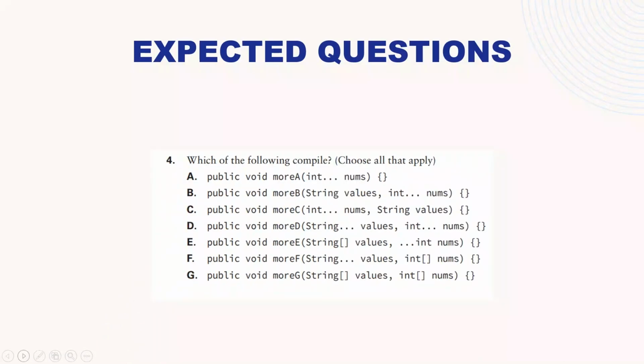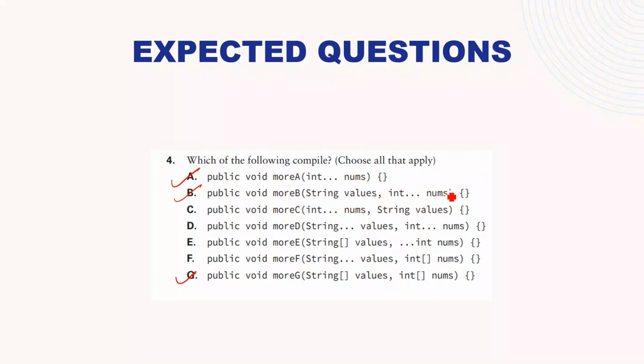Talking about question number 4, guys, it says which of the following compile, and if I read through the options, guys, I would say A, B, and G are the correct options. Now options A and B are correct because the single var parameter is the last parameter declared. I've already told you that if you have a var parameter like this, it should be either the single one, it should be the only parameter in the particular method, or if it has multiple parameters, then it should be the last parameter. So in this case, A has one parameter, B has two parameters, but the